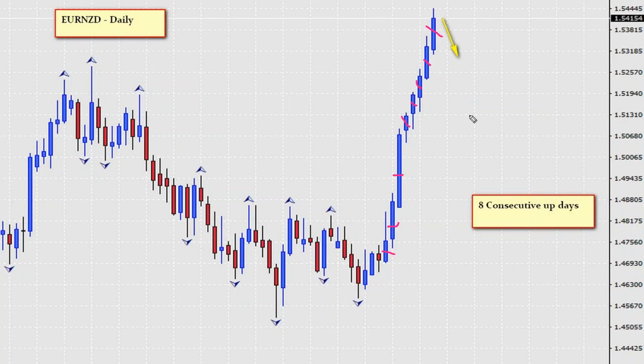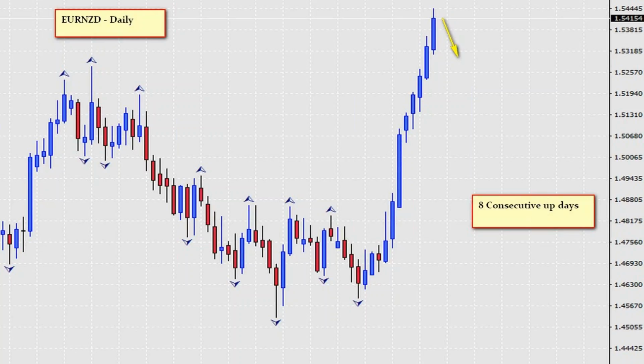So the way that you trade this is not, we're looking for just a single reversal day. So what we're hoping for is that we get an open there and we get a red day today. And so essentially at the open, take a short in this direction, and have a shallow stop, and I don't know, you could be looking for anywhere between 30 to 60 pips. That's kind of the way you trade this, but in any case, this is an extremely rare type of chart to get 8 consecutive days in one direction. So what we're looking for is a 1-day reversal or a slight reversal to pick up our 30 to 60 pips, and the trade is over.